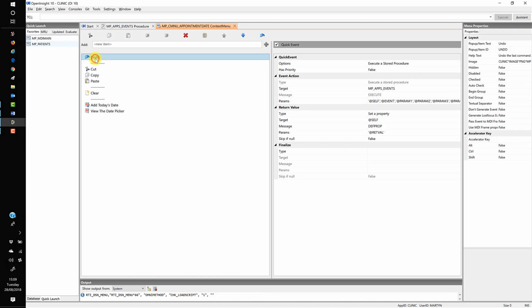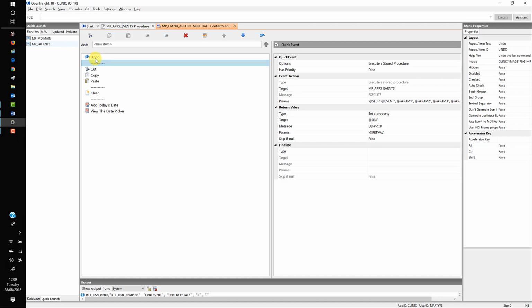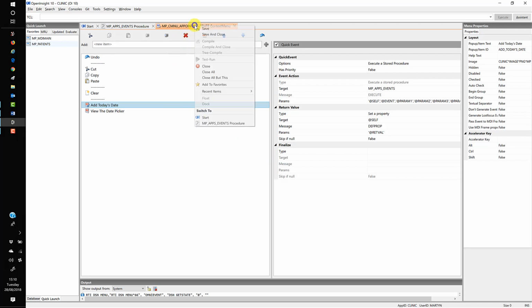Okay, so what I like to do then is just check undo, cut, copy, paste, clear, add today's date, and view the date picker. Just make sure that all of those are in there. So we will do a save,